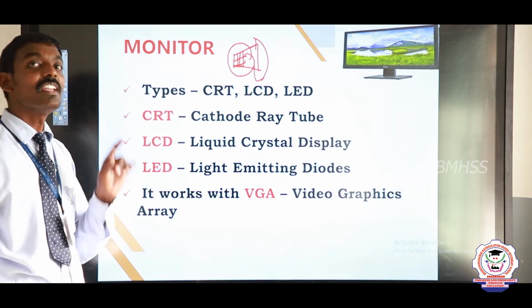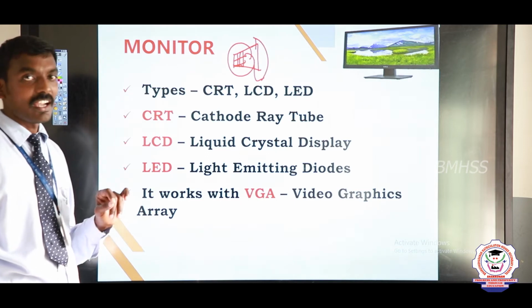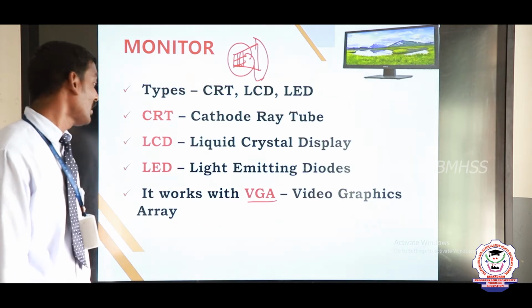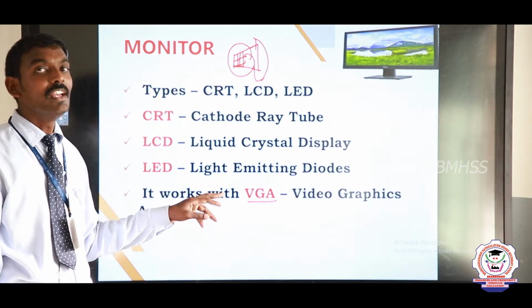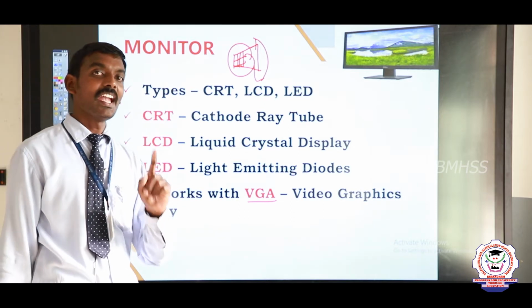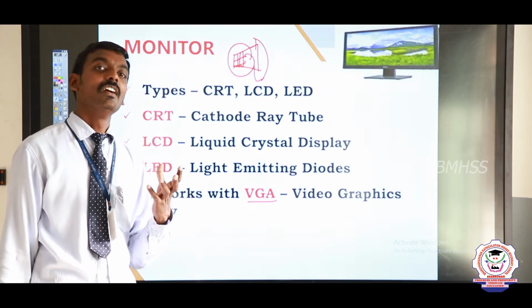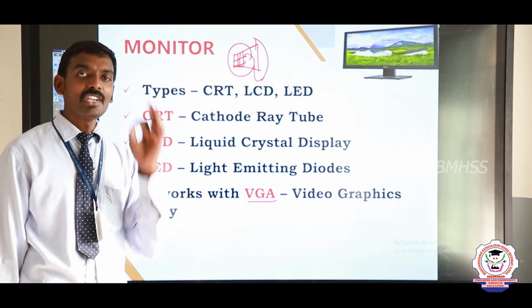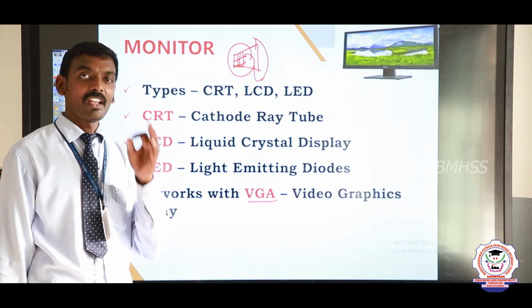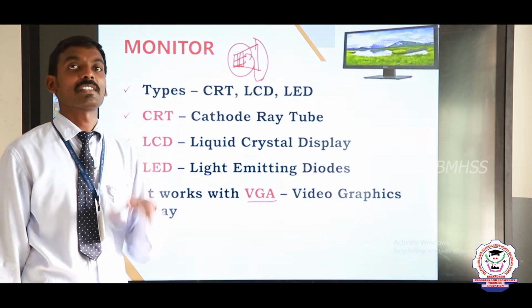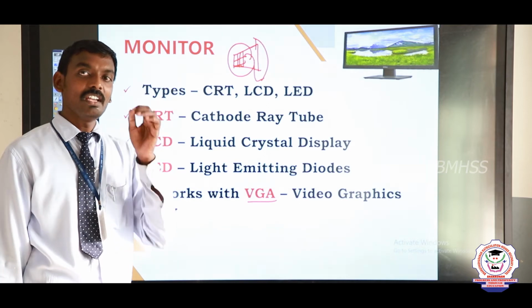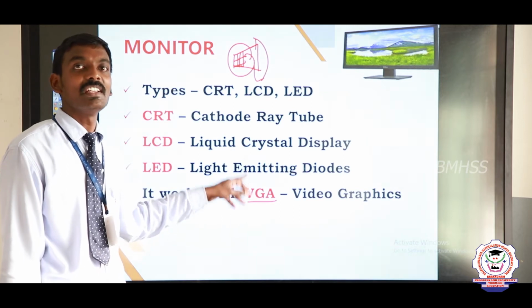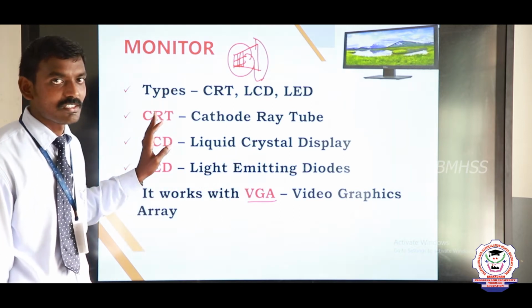The VGA card is very essential to display the content. What is VGA? Vector graphics array. This VGA card is essential to display the images very clearly. Every TV and every system has some VGA card, because the vector graphics array VGA card is essential for gaming purposes, some editing work, and in the cine industry. Okay, the VGA card is very essential to display the content in a very clear manner. Are you clear, students?